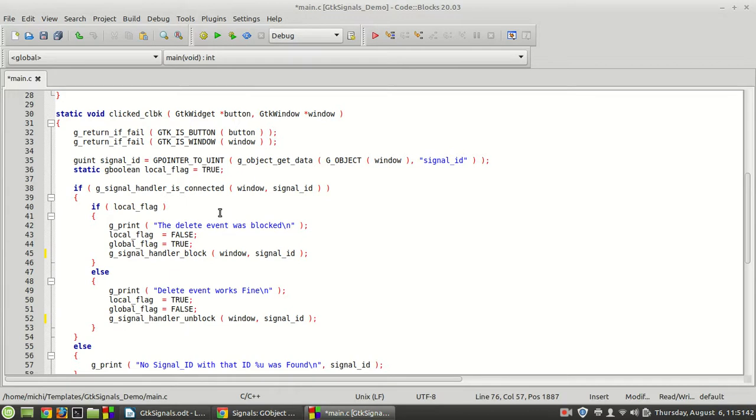In this tutorial we are going to move on with our signals and we are going to learn 3 new functions. And before we move, let us take a short break from the last video. In the last video we saw how we can block a handler by passing its signal ID, and then we saw how we can unblock it, which means blocking it means basically that